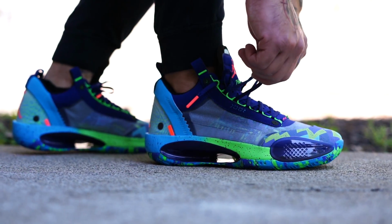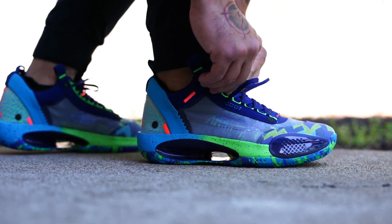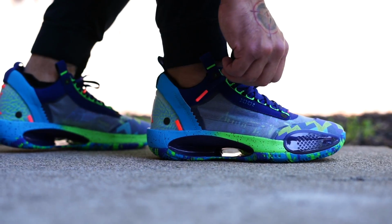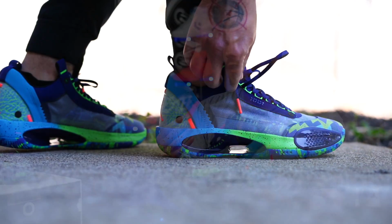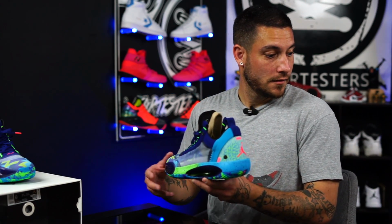Now, as far as fit is concerned, these guys do fit true to size. However, unlike the other two, they do fit very snug. While I did go true to size, wide footers might want to go up half a size, which is a little bit interesting because that's a little bit different than...